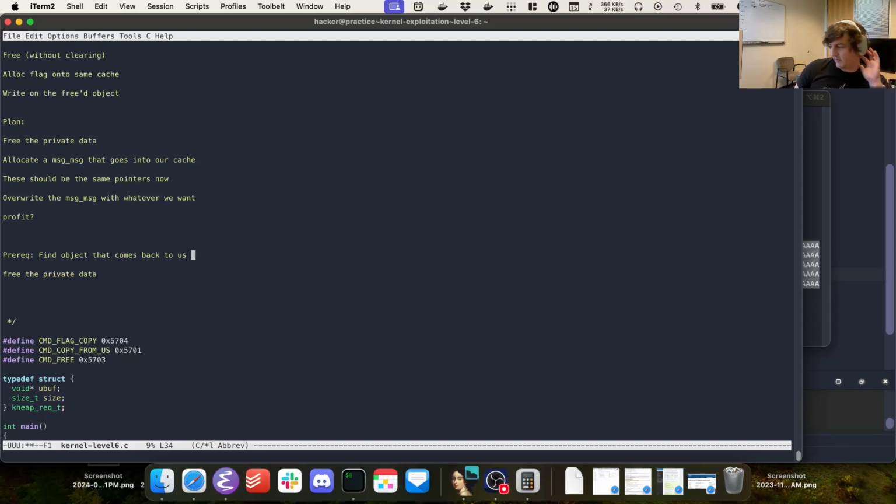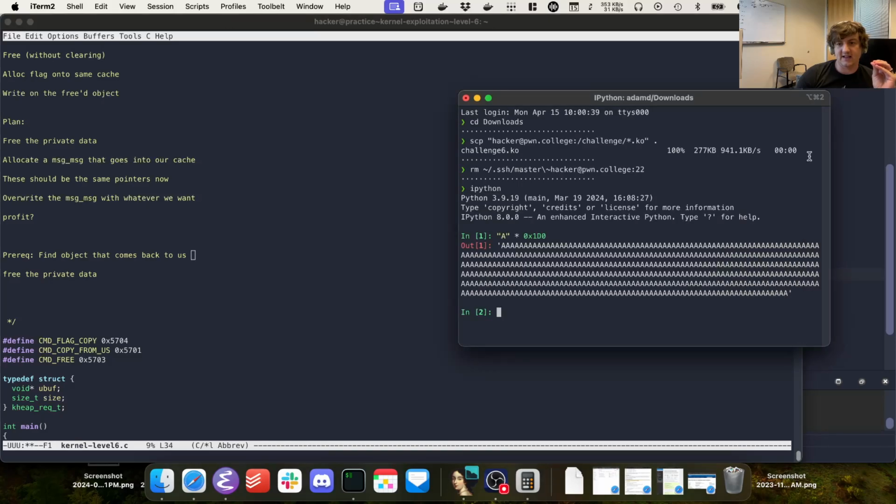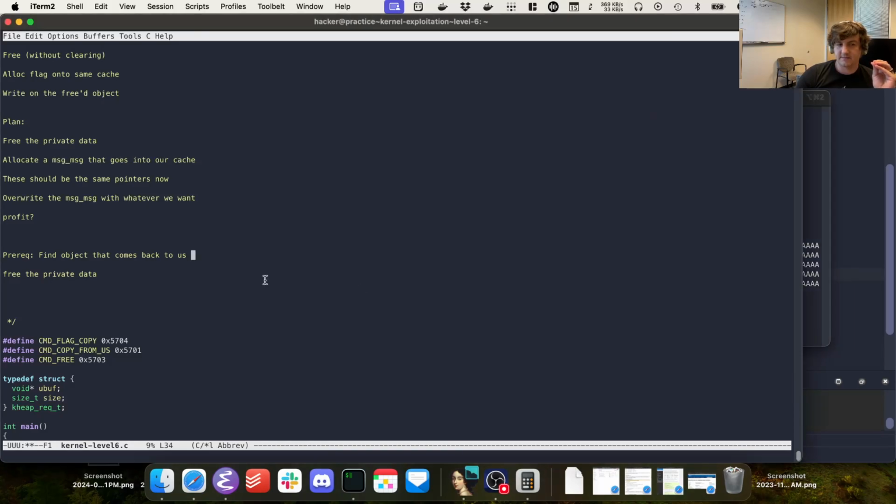So the idea is if we can allocate some bytes directly into kmalloc-cg-512, and find an object that allocates in there, where the content of that message gets sent back to us,